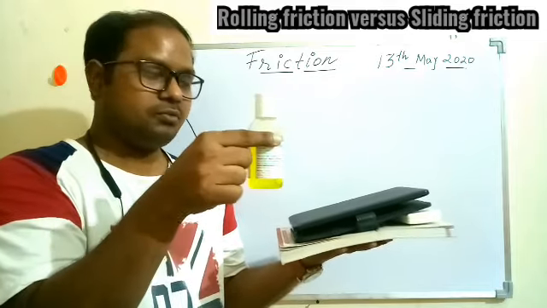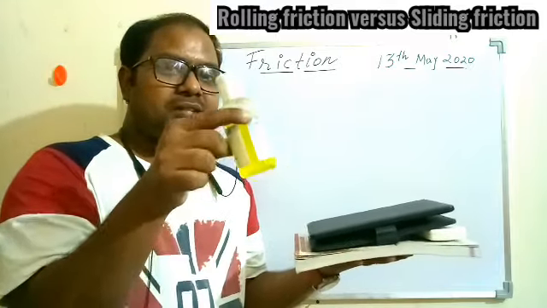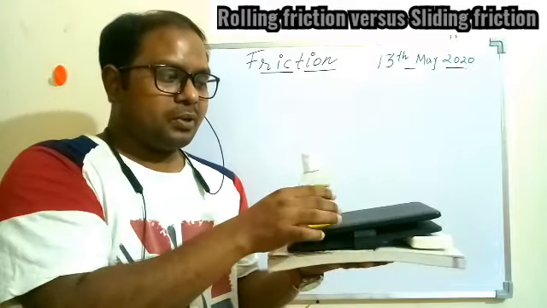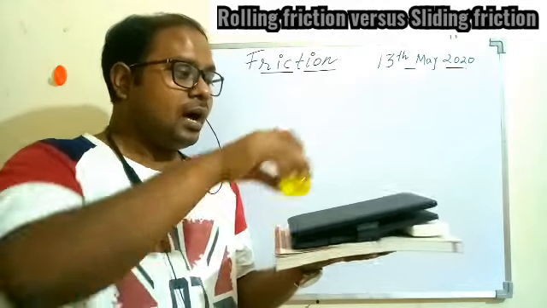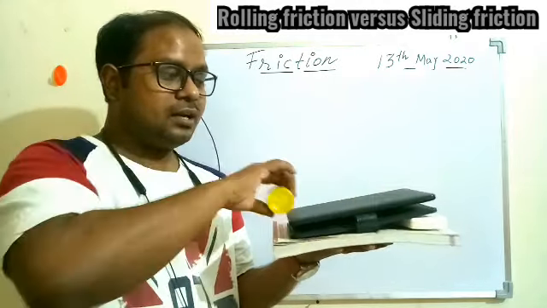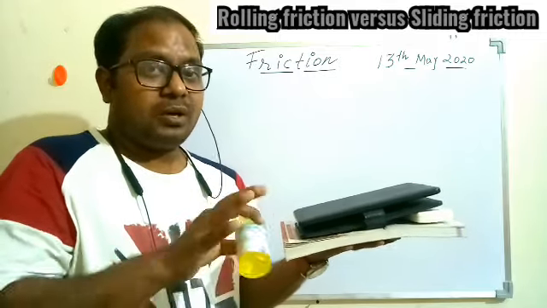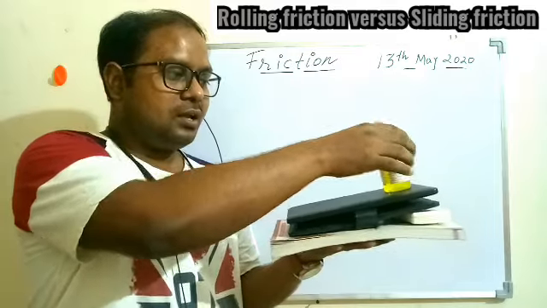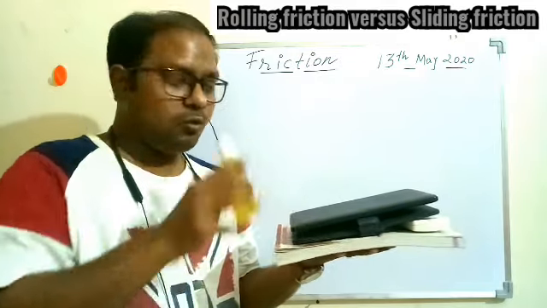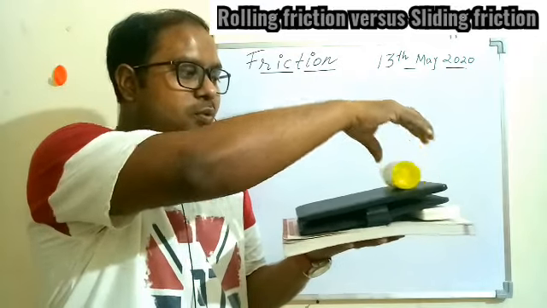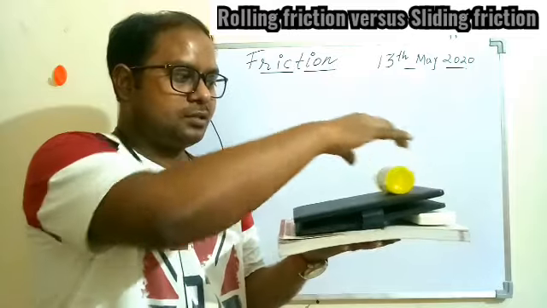This is one of the objects which was shown to you in the previous class also. So I can place this object on the same surface in different ways. I can place this way, it can start sliding. I can place this way and it can start rolling. So if you observe both the things one by one, when I place it this way, hardly anything is happening, or if it is moving, it's very slow. And if I place it this way, you can see the speed of the object.